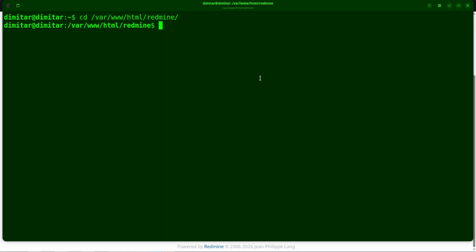Good. The first command is about downgrading your database. It means that we are going to delete and drop every table that is related to the checklist plugin. So it will be removed from our database. It is going to happen with the command sudo bundle exec rake redmine:plugins:migrate NAME=redmine_checklists,